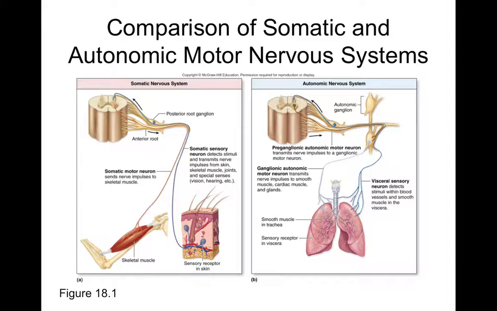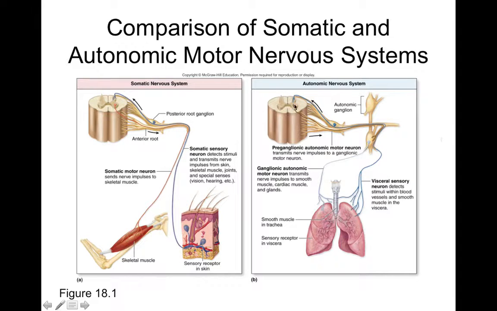And it makes sense from the standpoint of keeping your body alive, right? Because think about how important your cardiac muscle is to your survival. Or think about how important smooth muscle is to your survival. In fact, where do you find smooth muscle? Hollow organs, right? So what are some hollow organs? Yeah, digestive tract, respiratory tract, urinary and genital tracts, right? And your blood vessels. So your blood vessels have smooth muscle too. So it's all involved with transporting material or regulating pressure and that kind of stuff. So it's very important for our survival.